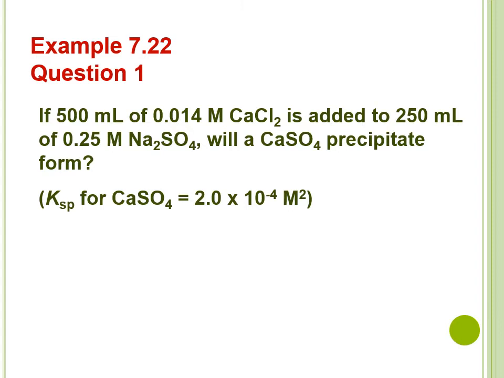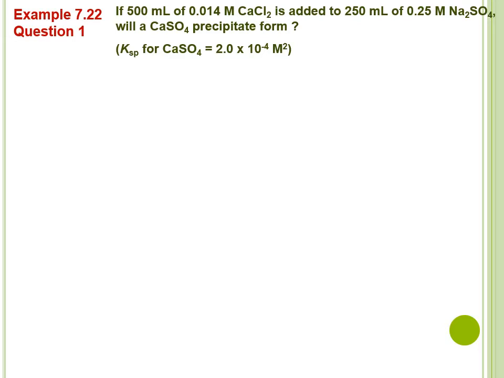So we need to calculate the number of moles of each ion. The first thing that we need to do is to find the number of moles of calcium chloride using MV, whereby the molarity given in the question is